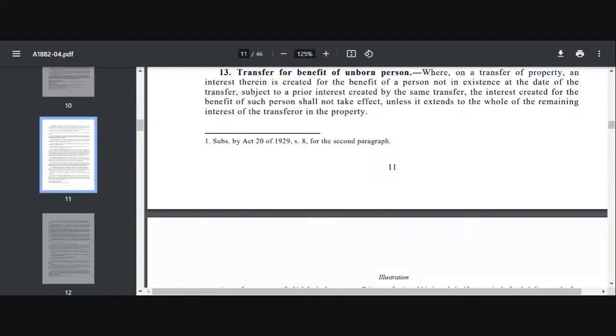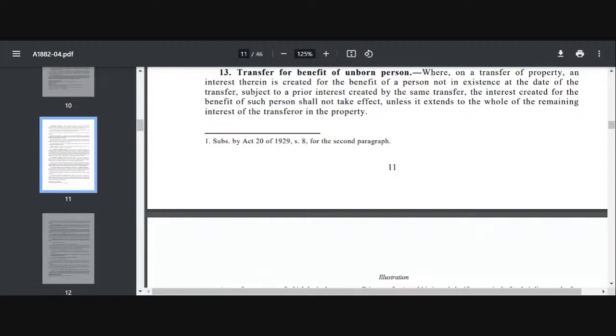पहले आपको एक प्रायर लाइफ इंटरेस्ट क्रिएट करना इन फेवर ऑफ द पर्सन, in favor of the unborn person. You have to create prior life interest, and secondly only absolute interest can be transferred in favor of unborn. तो पहले तो आप प्रायर लाइफ इंटरेस्ट क्रिएट कर लो, और जैसे ही बच्चा बॉर्न होता है आपको उसको सारा एब्सोल्यूट इंटरेस्ट, मतलब फुल इंटरेस्ट देना है. यू कैन नॉट कीप एनी रिमेनिंग इंटरेस्ट विथ योर सेल्फ, और यू कैन नॉट ट्रांसफर हिम पार्शियल इंटरेस्ट. If the child is born, you need to transfer him all the remaining interest, right?